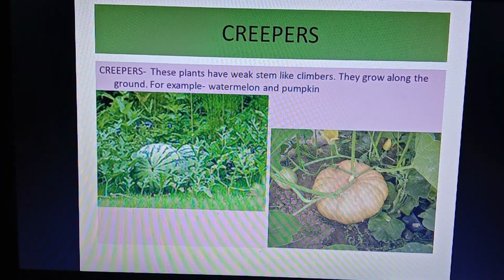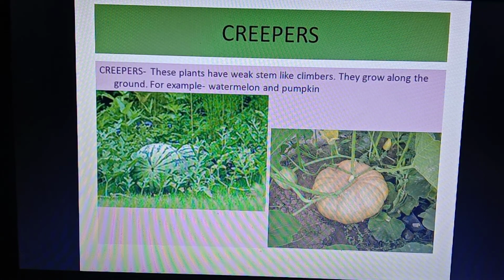Creepers. What are creepers? These plants have weak stems like climbers. They grow along the ground. For example, watermelon and pumpkin. Climbers need support to grow up, whereas these plants grow along the ground.